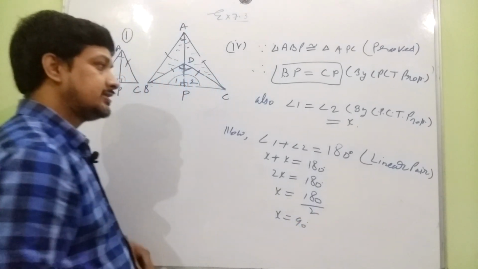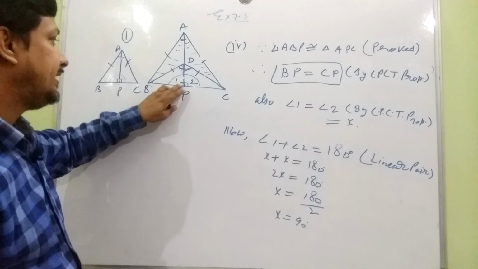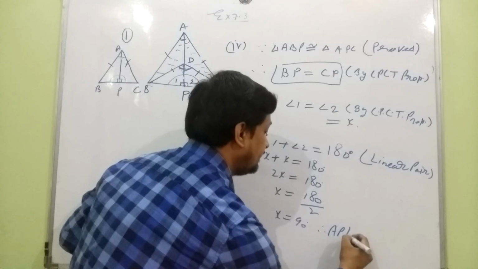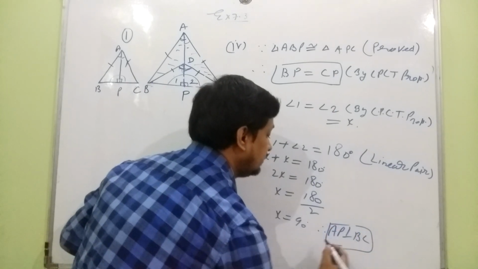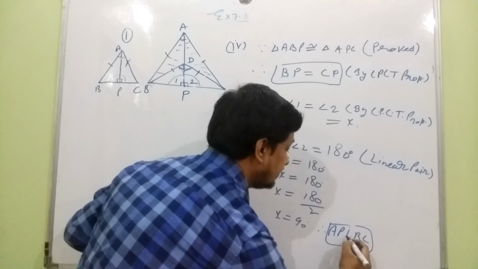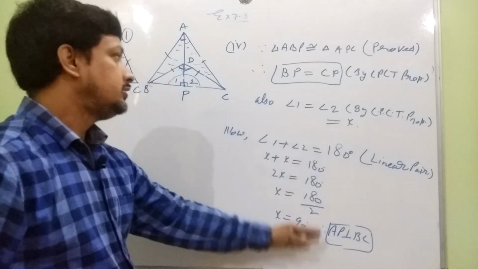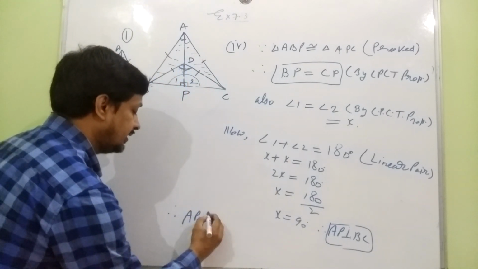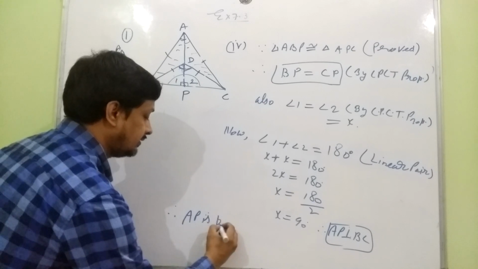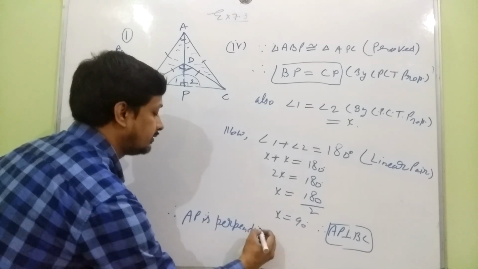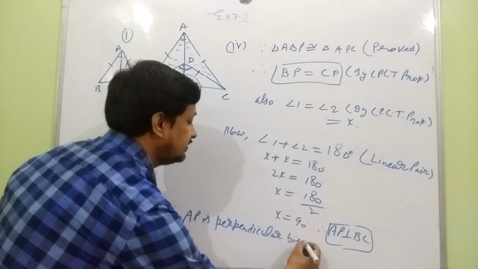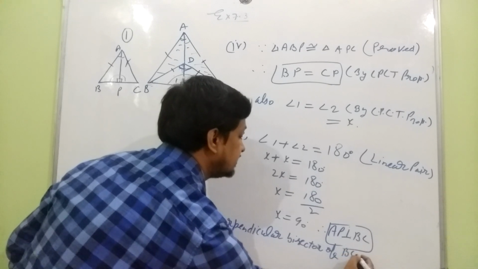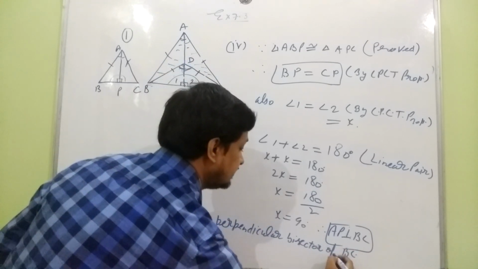So इससे क्या प्रूव होता है? इससे अगर ये एंगल 90 हो गया, इसका मतलब AP BC के परपेंडिकुलर भी है. सो AP इज परपेंडिकुलर टू BC. सो ये इसको भी हमने लॉक कर लिया. दिस इज द साइन ऑफ परपेंडिकुलर. सो इन दो चीज़ों को कंबाइन करके हम क्या बोल सकते हैं कि सो AP इज परपेंडिकुलर बाइसेक्टर ऑफ BC. तो ये हमने इस तरह से प्रूव कर दिया.